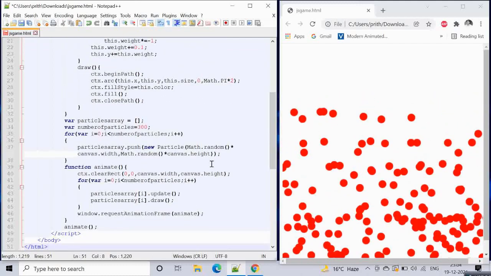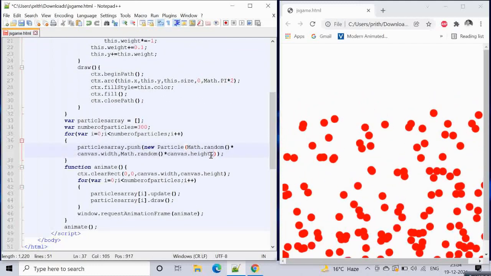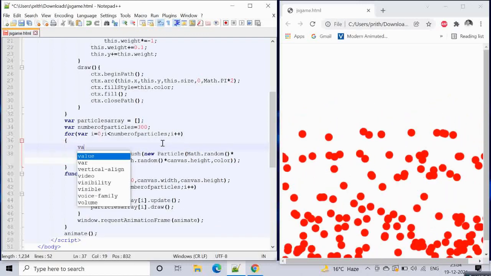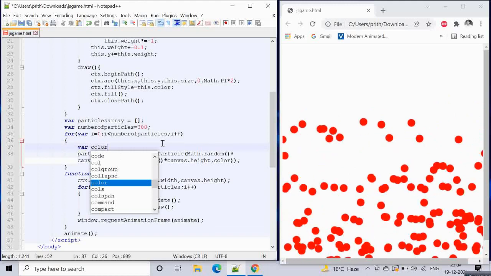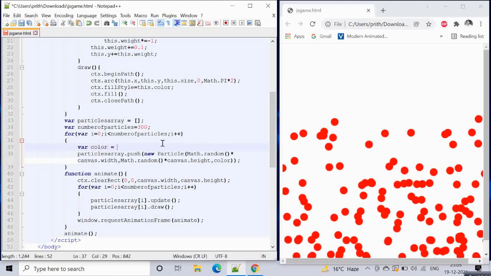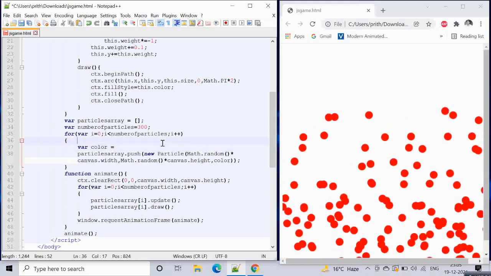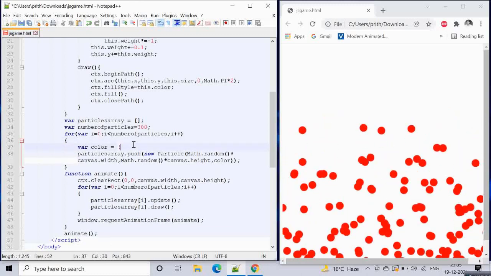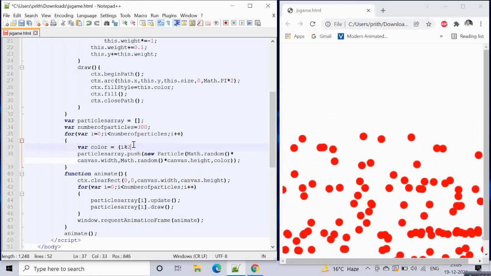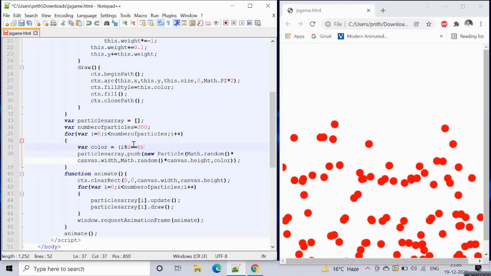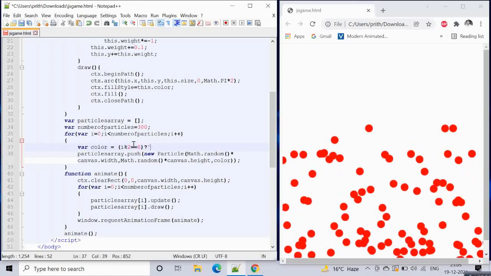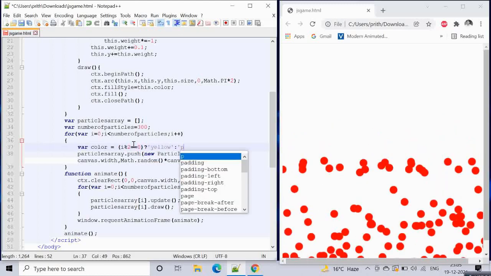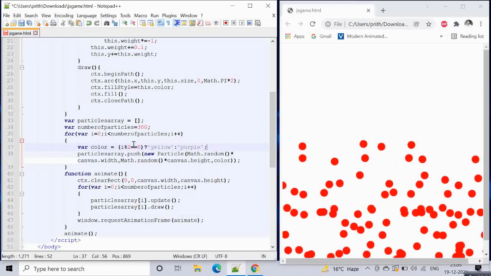So what's the color value we can give? Let's say var color equals, and we can give two colors. Let's say if I modulus 2 equals 0, then we can give yellow, else we can give purple color. So now we have two colors.